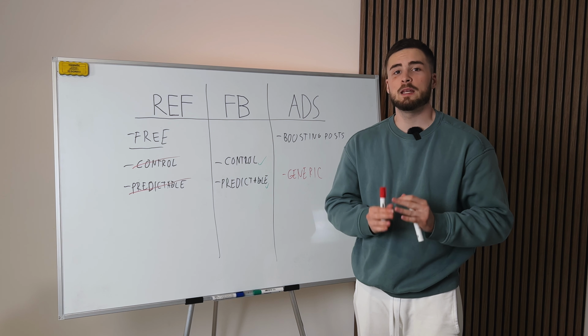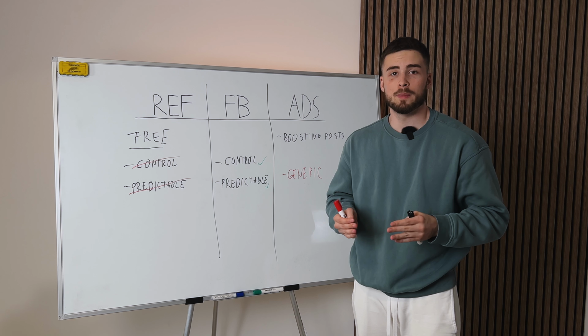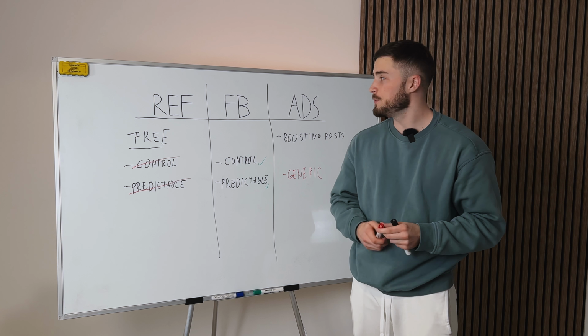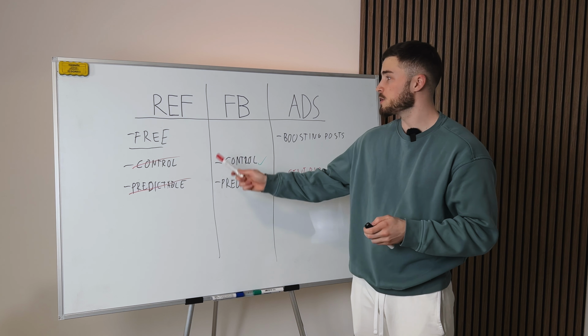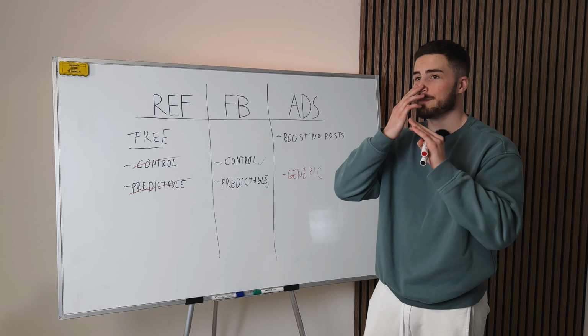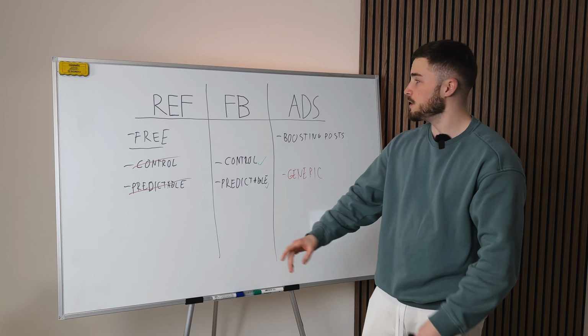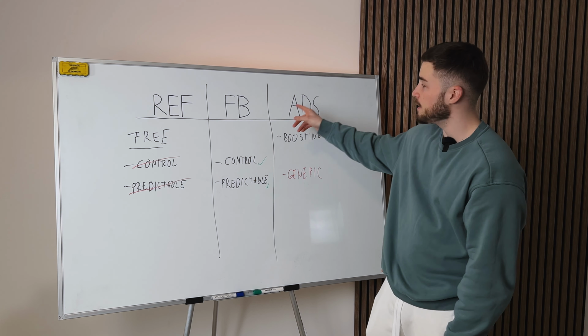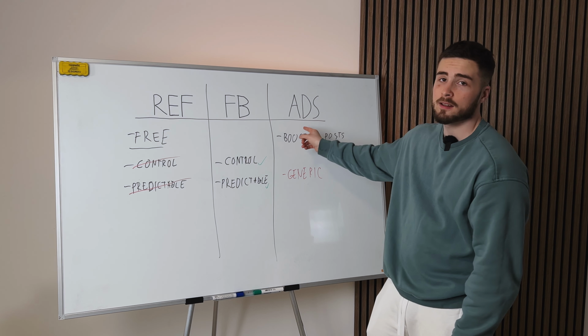So if you finally want predictable and consistent enrollments with high quality students and parents, you're gonna have to stop relying on referrals. Obviously, when a referral comes in, you take them in, right? You're not gonna reject money, that's stupid, but you don't depend on them. It's not the only thing you do. You need to start doing something active. Stop posting on Facebook because it's really not worth your time. If you took all of that time you're spending on that and dedicated it towards this, you would make 10 times more money.